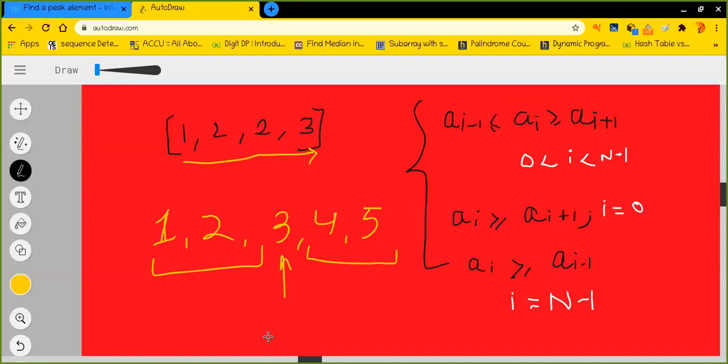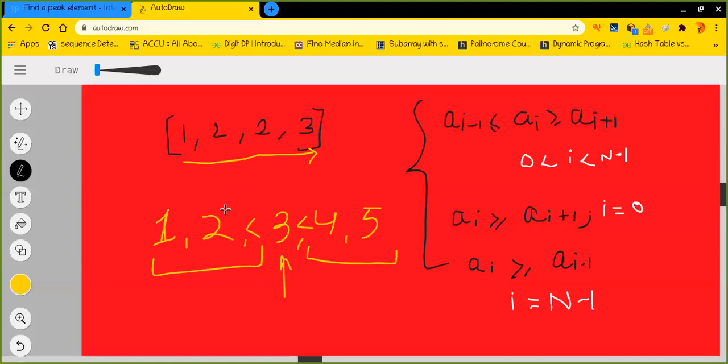Let us say we are right here and we see that 3 is bigger than 2, but 3 is lesser than 4. This kind of pattern is formed right here. Now tell me, is it valuable to choose this particular segment to find the peak element? No, obviously not. Let me tell you why.